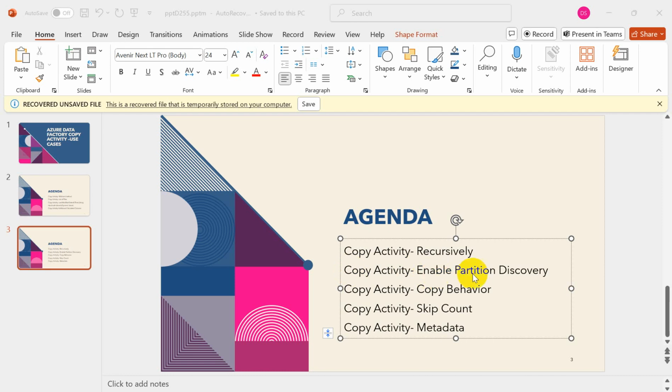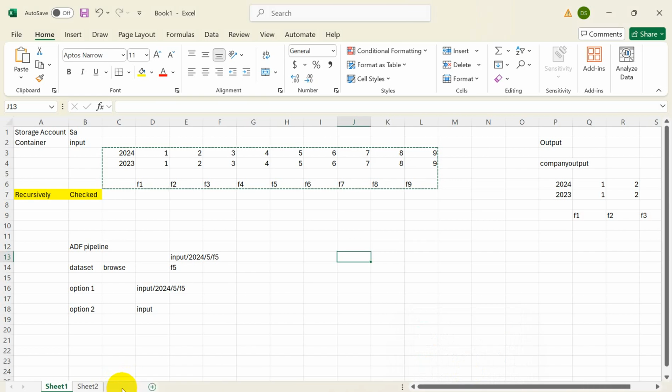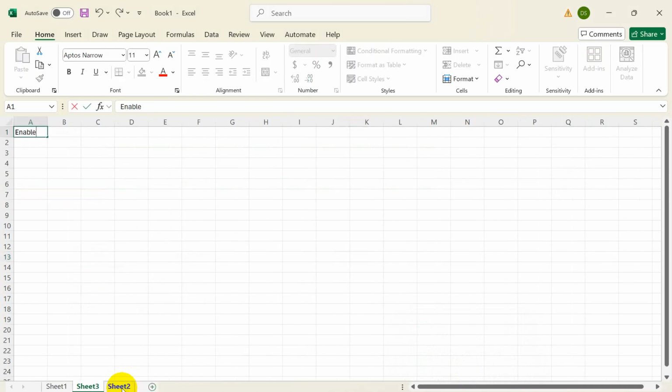Next we have is enable partition discovery. This is also a very important feature. Enable partition discovery. Okay. So basically,